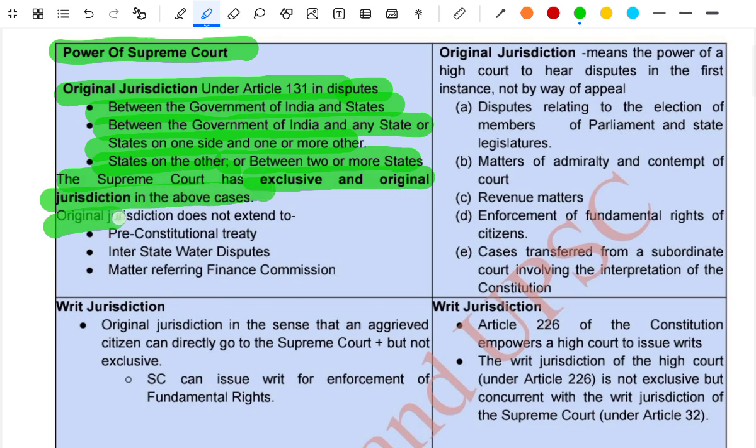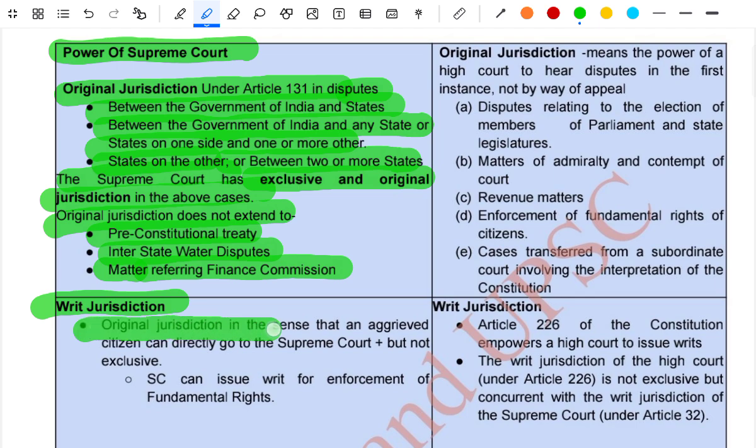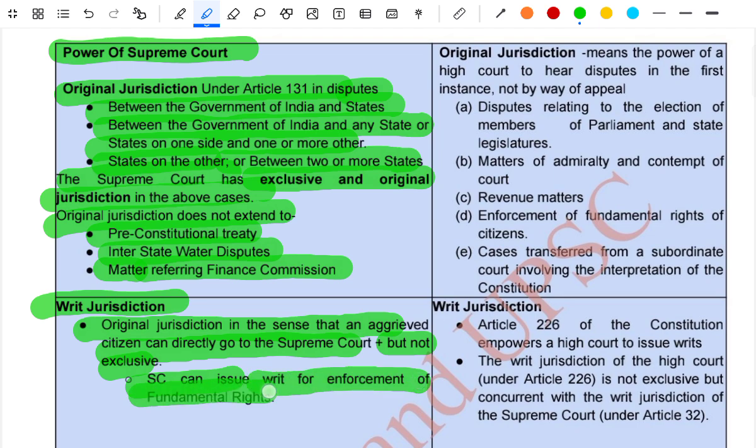The original jurisdiction does not extend to pre-constitutional treaties, inter-state water disputes, and matters referred to the Finance Commission. In its jurisdiction, the original jurisdiction in the sense that an aggrieved citizen can go directly to the Supreme Court, but it is not exclusive. The Supreme Court issues writs for the enforcement of fundamental rights. Original jurisdiction